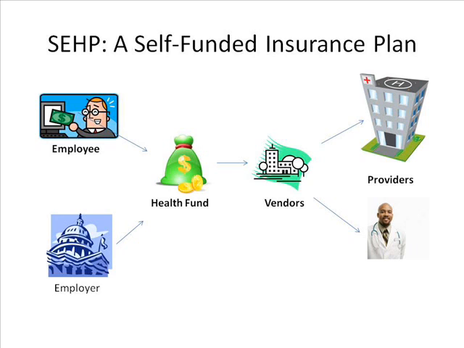The plan is known as a self-funded plan. That means the amount you pay and the amount paid by your employer are pooled, and out of this pool of funds, claims are paid. The State Employee Health Plan then contracts with a number of vendors who act as third-party administrators. The third-party administrators contract with the network of preferred doctors and hospitals and process the claims on behalf of the